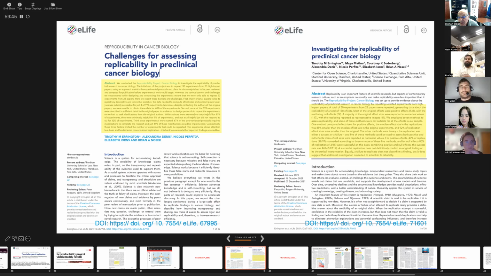Equally, a failure to replicate does not disconfirm a finding, but it does suggest that additional investigation is needed to establish the reliability. So basically, they said we could not replicate most of the results. The result that we could replicate, it was only about 40% that could be replicated, and the size of the effect was smaller. So this is after 5 years of work, lots of millions of dollars from NIH, trying to repeat the most important and most high impact results in cancer research. And those cannot be replicated. So this is quite earth-shaking.